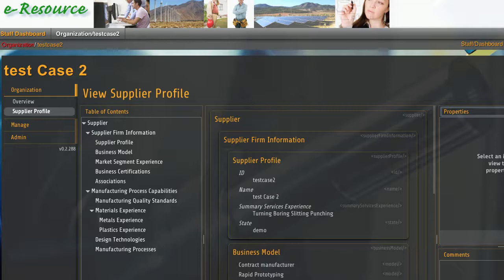The purpose of this video is to introduce the supplier profile and to demonstrate some of what the manufacturers will be seeing and using in order to make their requests for discovery match. In this case, we've created a test case 2 for a supplier, and we'll walk across the different columns and look at what's in those columns, and then we'll demonstrate quickly how you can edit some of the basic supplier